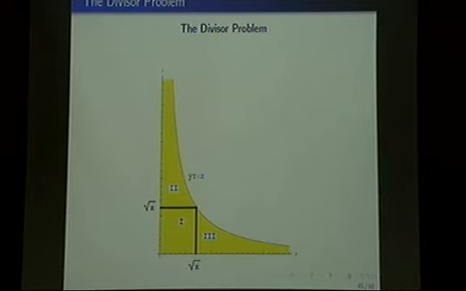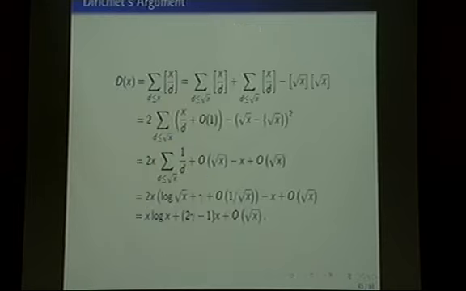So the way Dirichlet argued was this: we'll not only sum on vertical lines, say in regions 1 and 2, but we'll stop at square root x, and then sum on horizontal lines, stopping at square root x. So we've then covered the lattice points in region 1 twice. So we have the lattice points for regions 1 and 2, and then for 1 and 3, and then we subtract off those lattice points in